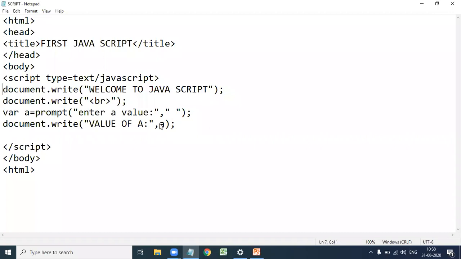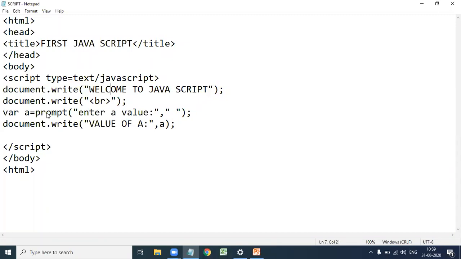In between the script tags we write the JavaScript code. First is the output statement, document.write, with the output "Welcome to JavaScript". Next, document.write with a br tag, which gives a break to the next line.